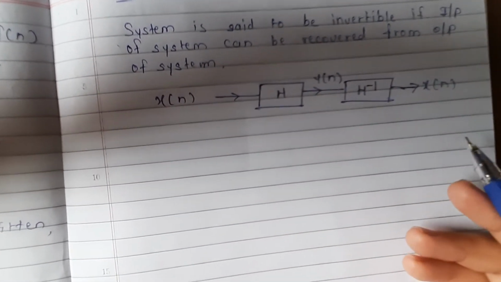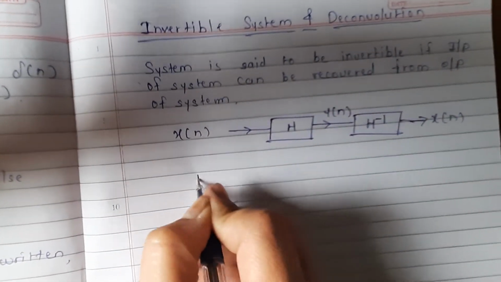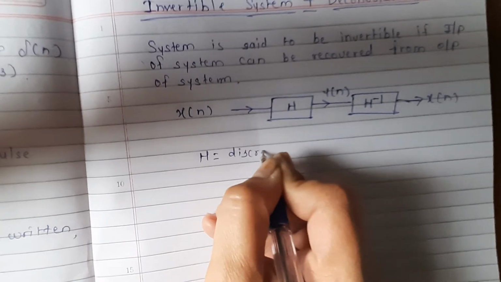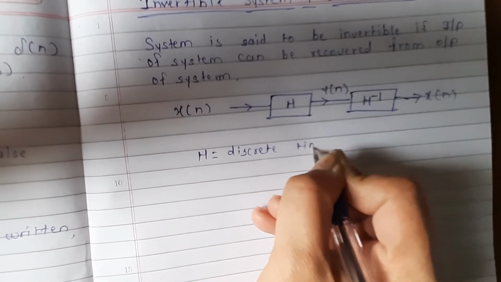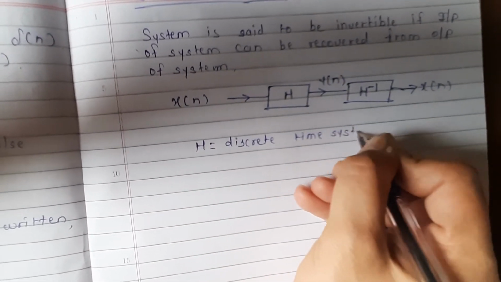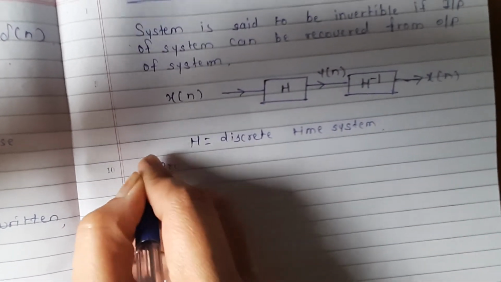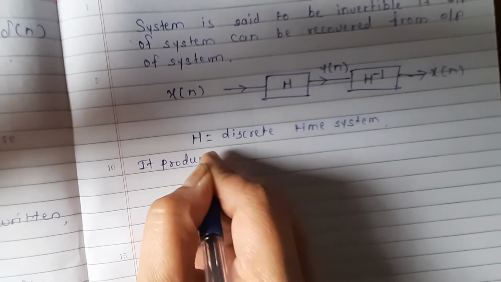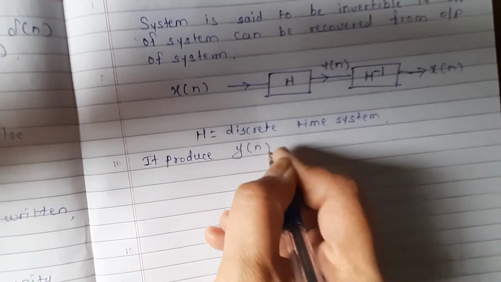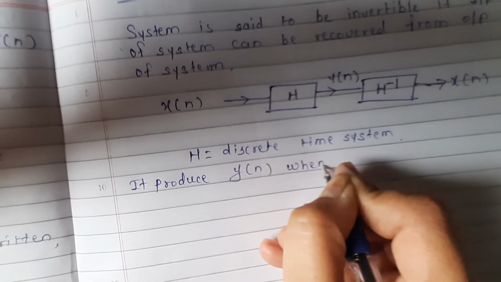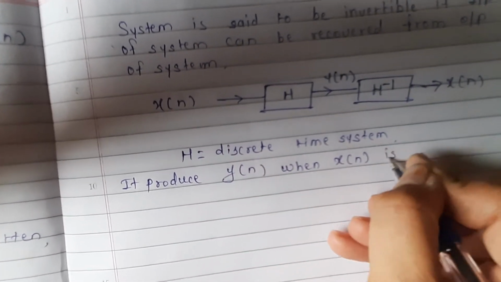So here h represents the discrete time system. What is h? It represents a discrete time system, and it produces which signal? y of n, when x of n is input,